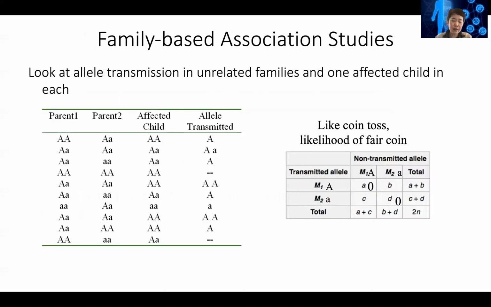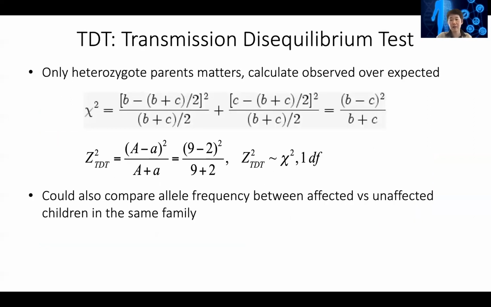These types of tests are quite powerful, but collecting the families is sometimes tricky. Because sometimes when you find the child with the disease, especially for a disease that happens with age, it could be that their parents are deceased,